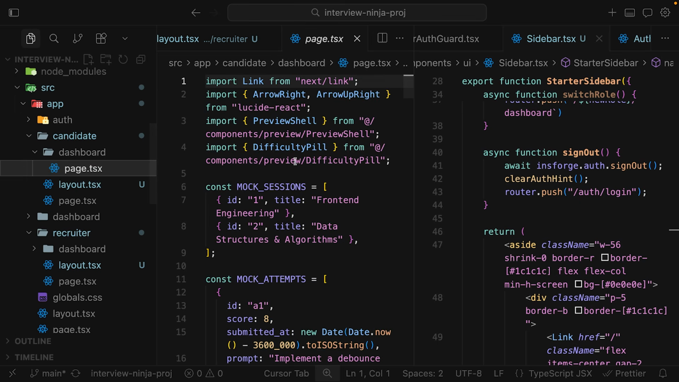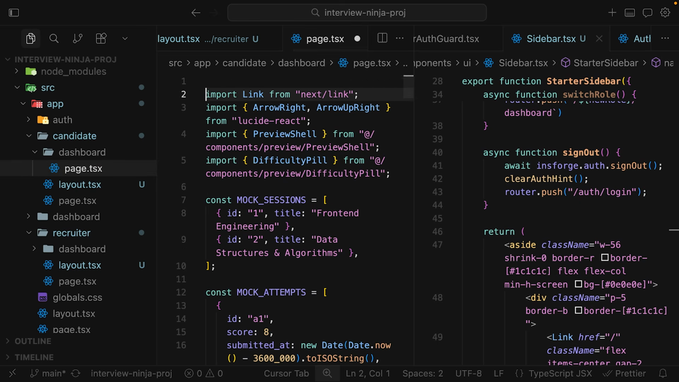By the end of this step, it will be pulling live data from the InsForge database for the actual logged-in user. Let us do that now. Open